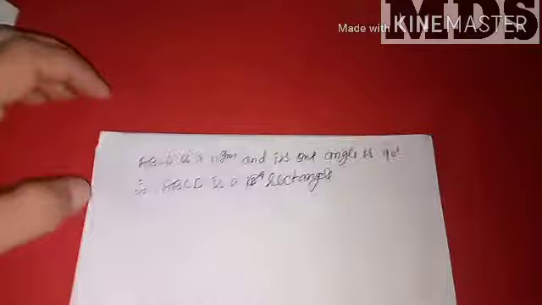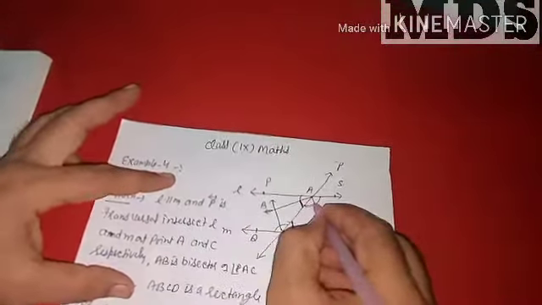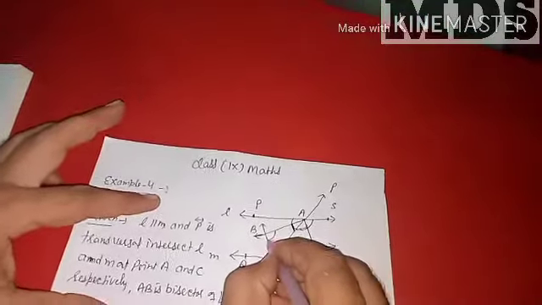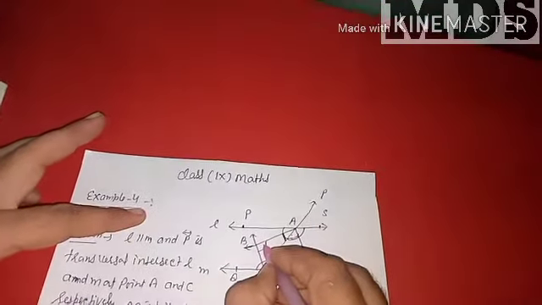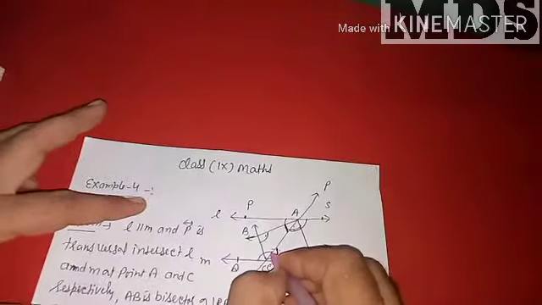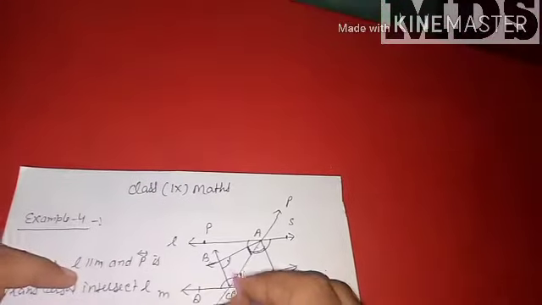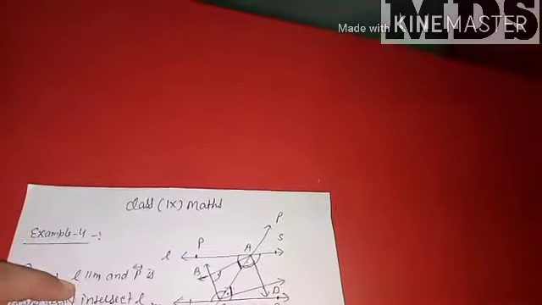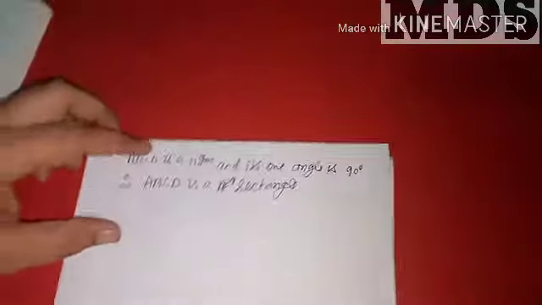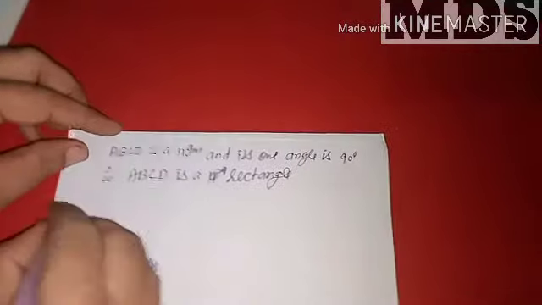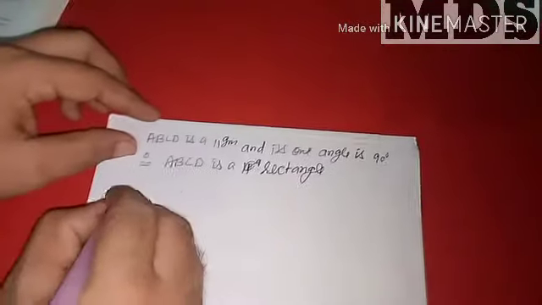If anybody doesn't know how it is a rectangle: if this angle is 90 degrees, then this plus this is 180, this is 90, so this is also 90. Then this plus this is 180. Why? Angles on the same side of the transversal. So this plus this is 90, so this is also 90. In this way you can prove all the angles of a rectangle are 90. Understood?